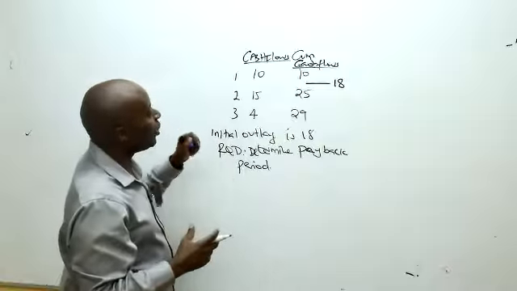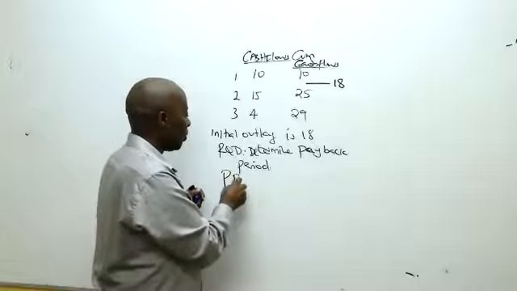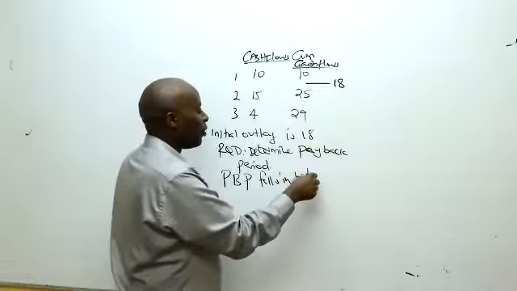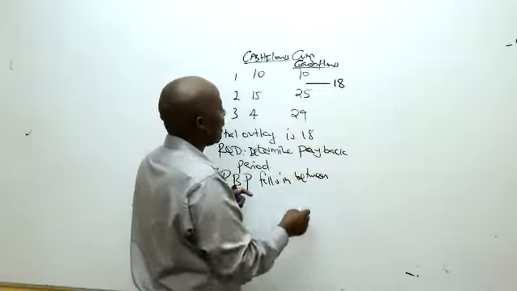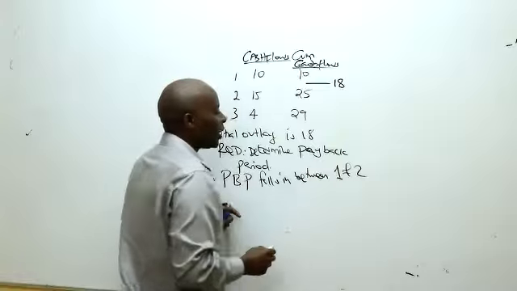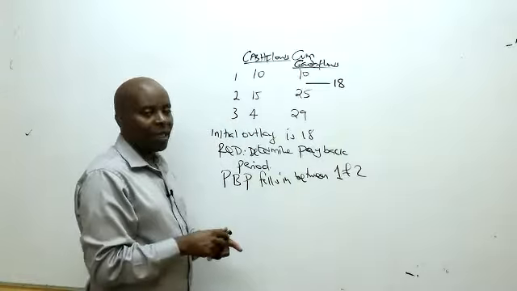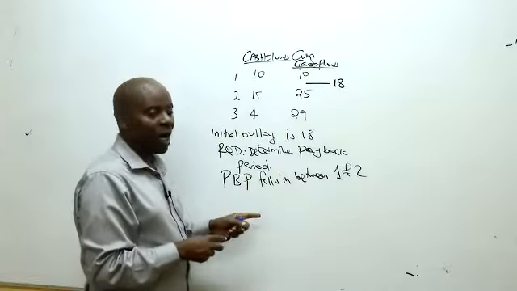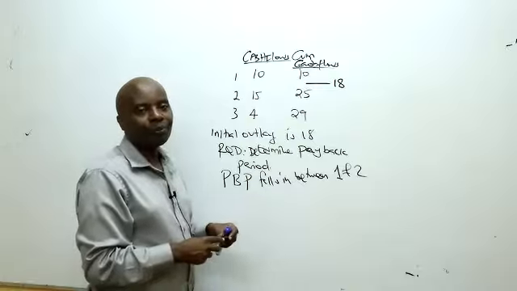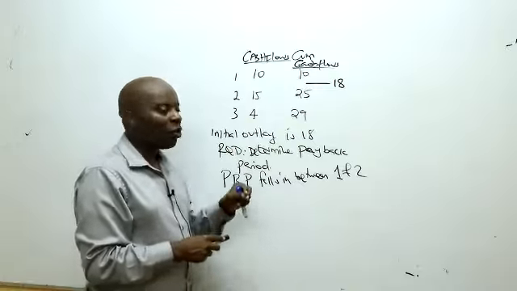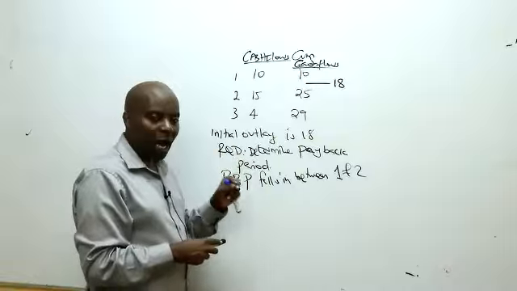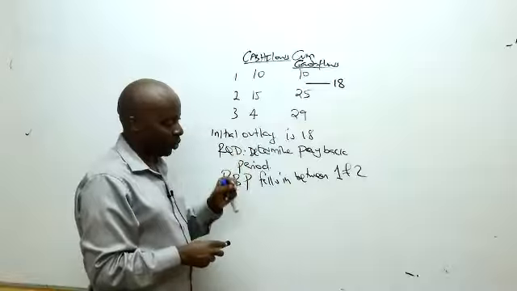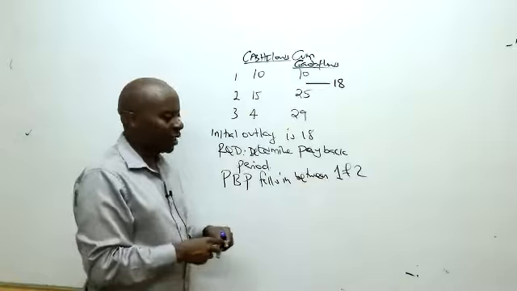Now, it means, ladies and gentlemen, that my payback period falls in between year 1 and year 2. It falls in between year 1 and year 2. But the examiner would want you to ascertain the exact payback period. He doesn't want a range. So for the exact payback period,